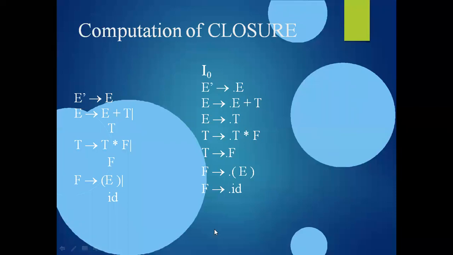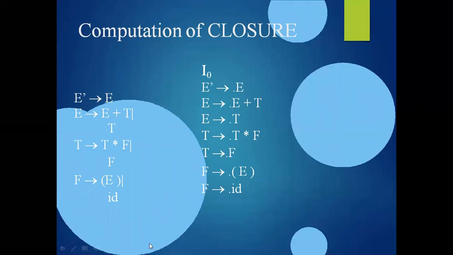Why? Because here we have a collection of sets of rules, and we are naming this set with some item number I0. Is it clear? Now after this, I need to construct the goto function. From the I0 itself, I am taking the symbols. After completion of I0, I will go for another new item I1. After completion of I1, that means I have done the goto function from I0.